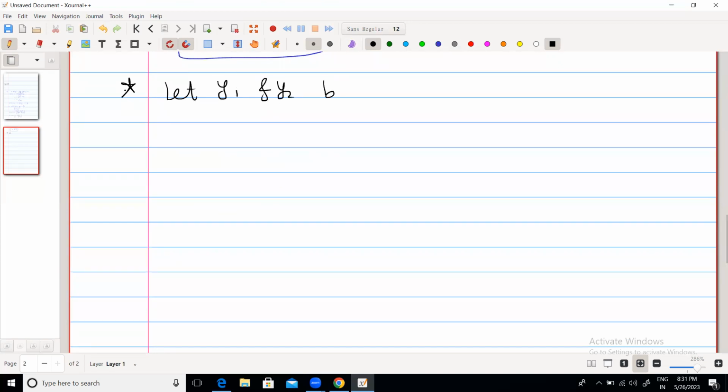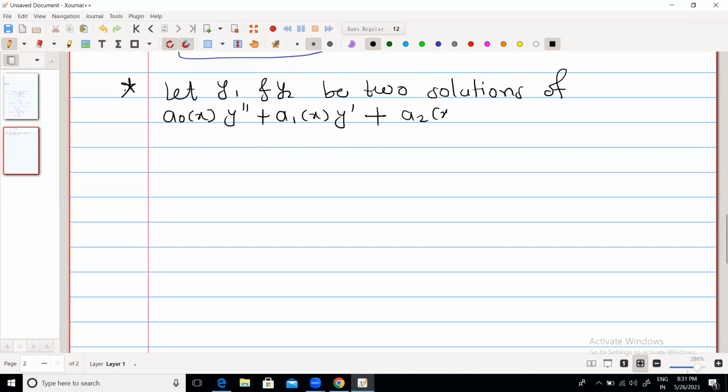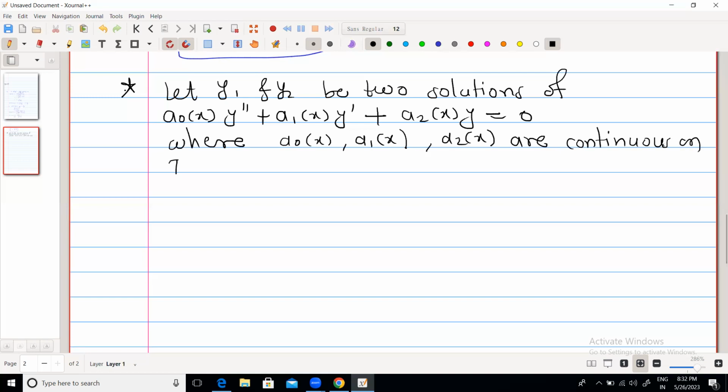So let y1 and y2 be two solutions of a naught of x y double dash plus a1 of x y dash plus a2 of x y is equal to 0, where a naught of x, a1 of x, a2 of x are continuous on I and a naught of x is non-zero for all x belongs to I. Okay. So the result is